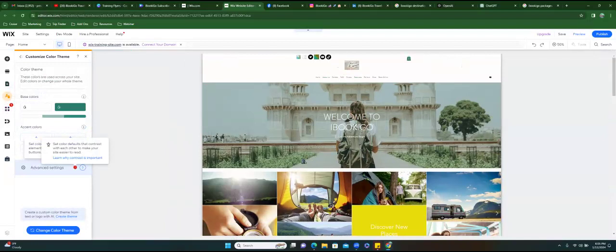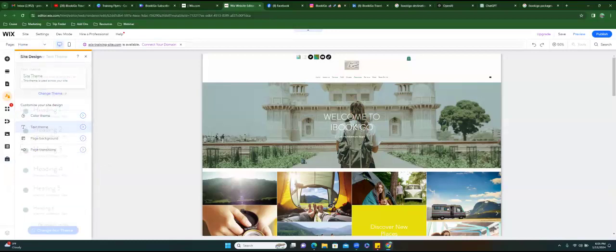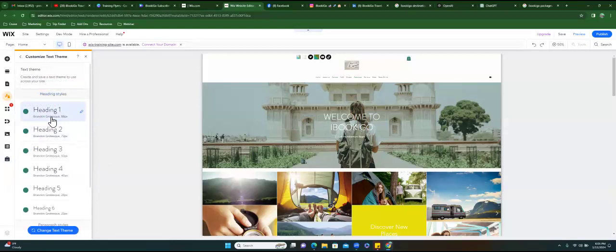Don't go into this advanced settings thing. You're going to hurt yourself. It's a bad idea. But if you want to change the quote unquote theme of your site, all of these will be used across your page. It'll have a color theme. You can actually choose your